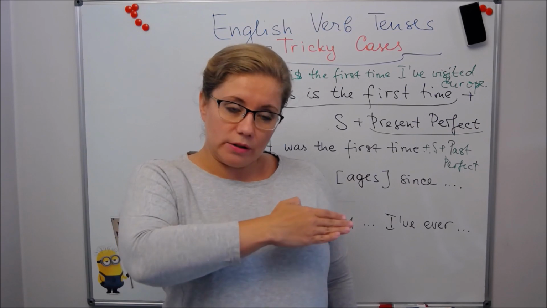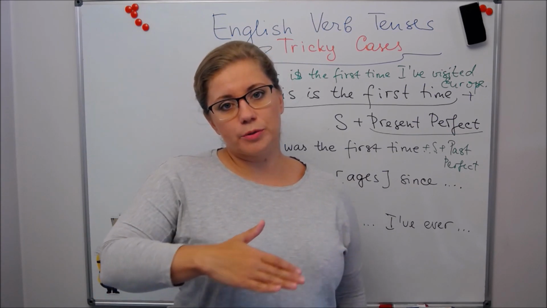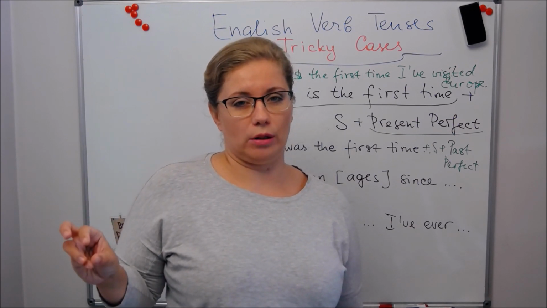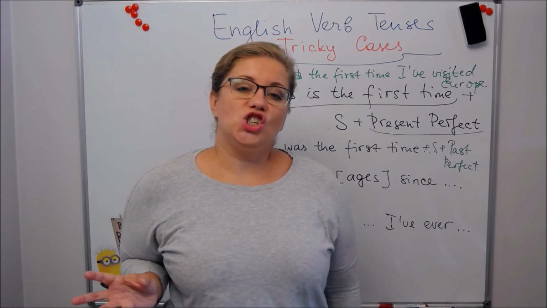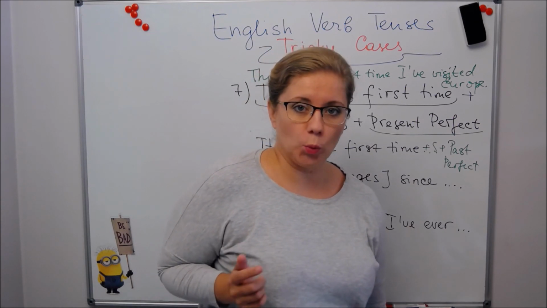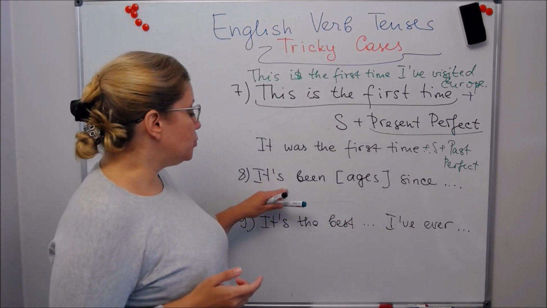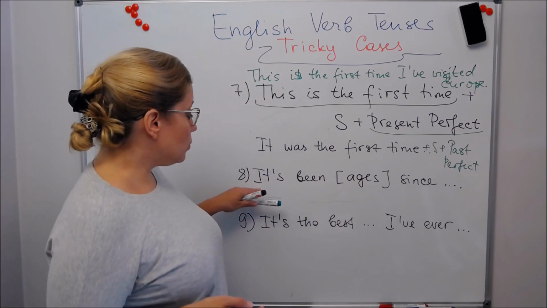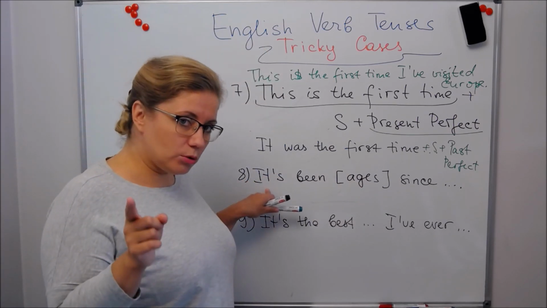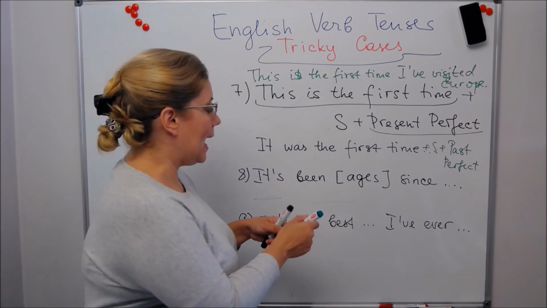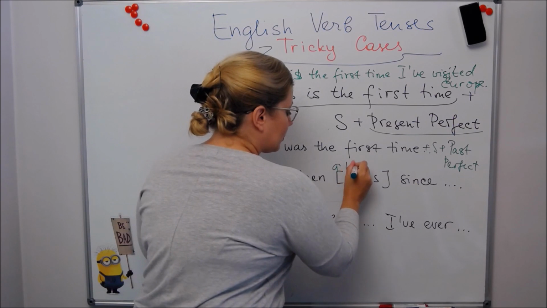If you say it in the direct order, I haven't spoken English for a long time, it's absolutely neutral. You want to change the word order to put the accent on this "long time." And you will say, this will sound natural in English, you will say, it has been a long time